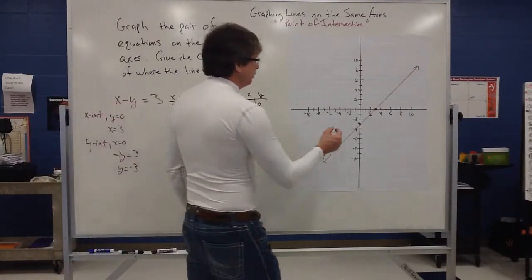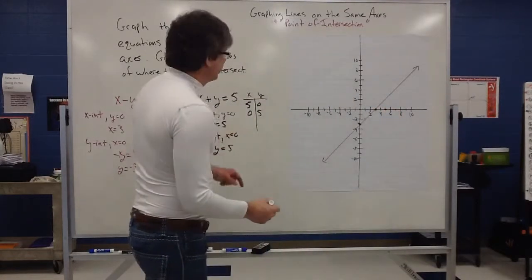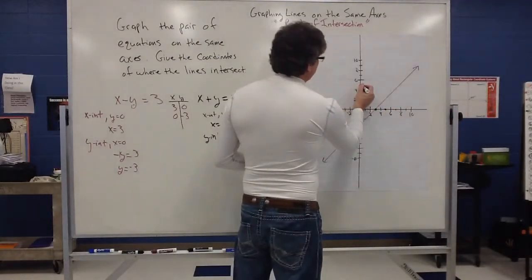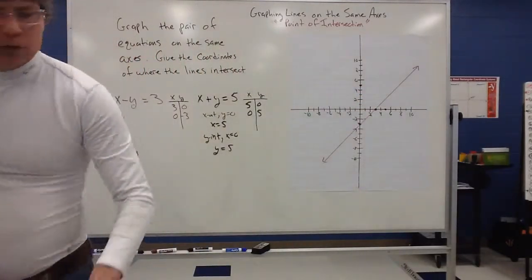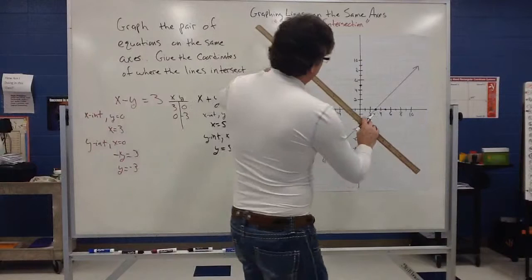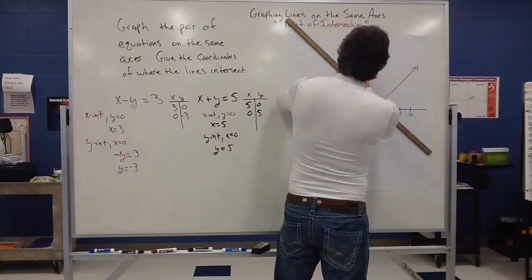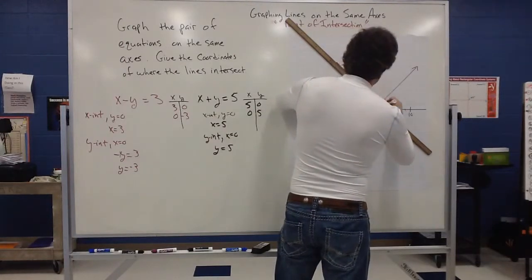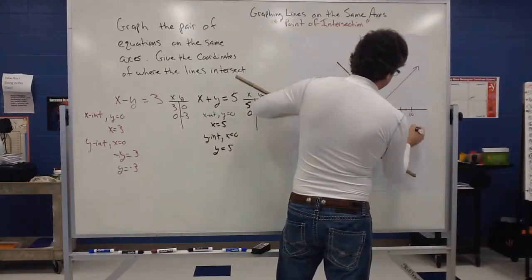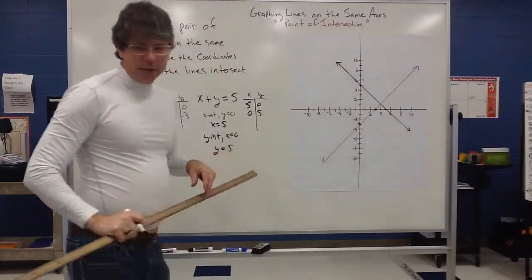So I'm going to graph those intercepts. So 5, 0 would be here, and then 0, 5 would be here. And what I want to do is connect those 2 points to create the next line. Okay, so I've drawn my 2 lines,